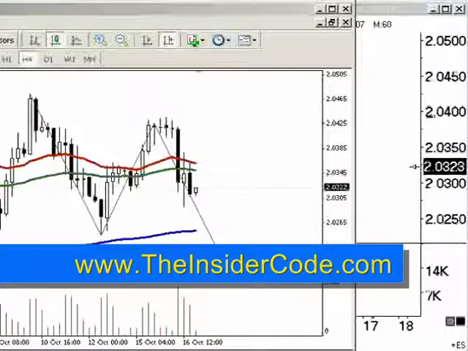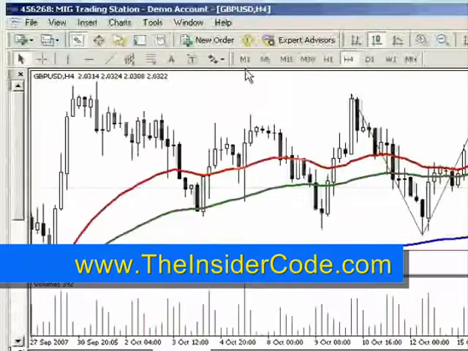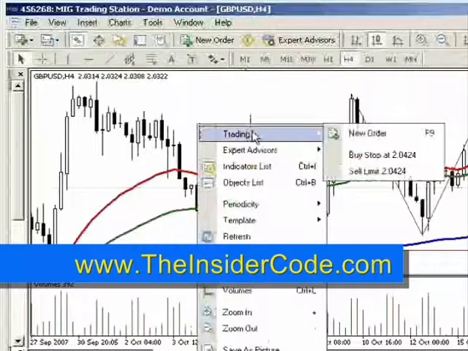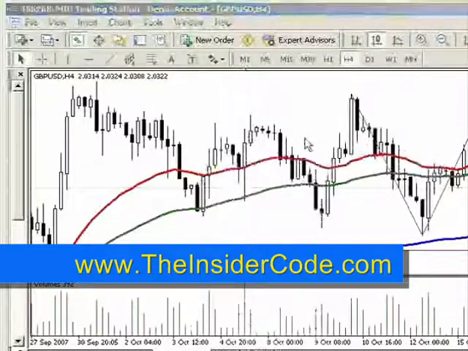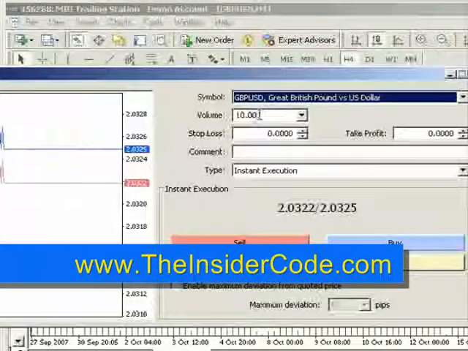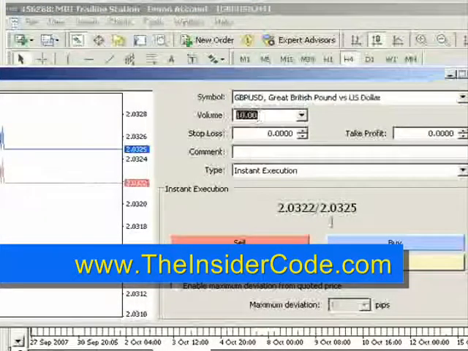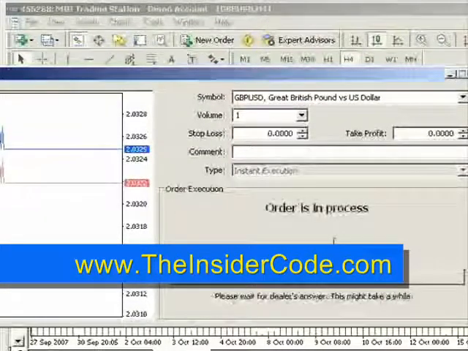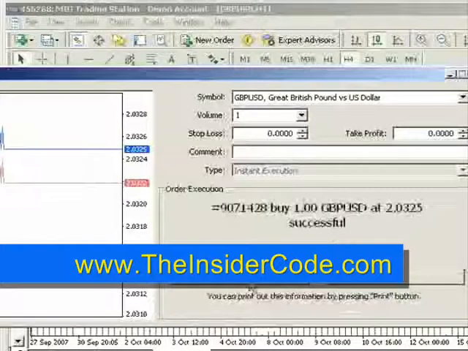Okay, and then William has a question about the lot sizes. Let me go ahead and move MetaTrader over here, and we'll just place a new order. Okay, if you have a regular lot, then what you're going to notice is that when you place a volume of 1, and I'll go ahead and just buy here. Okay, so the order was successful. Now